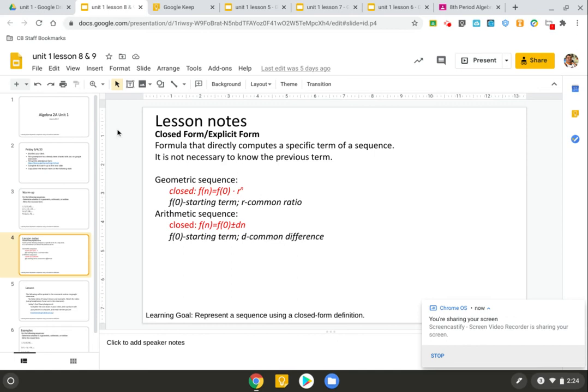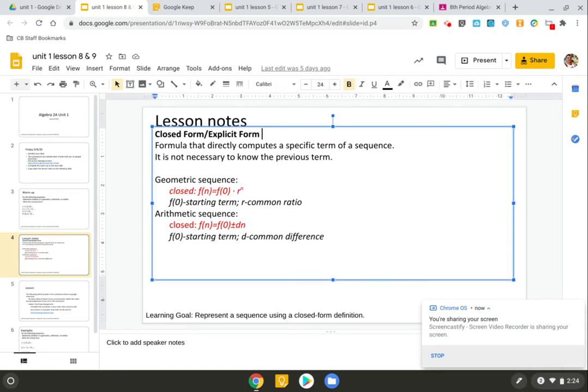All right, so today we're going to move on to the next lesson in Unit 1. We're going to cover lessons 8 and 9 today. What lessons 8 and 9 have to do with is the closed form, also known as the explicit form. It's simply a different way of formally expressing